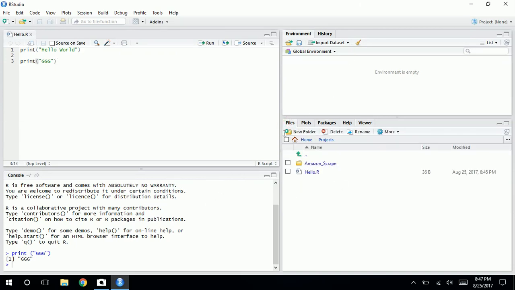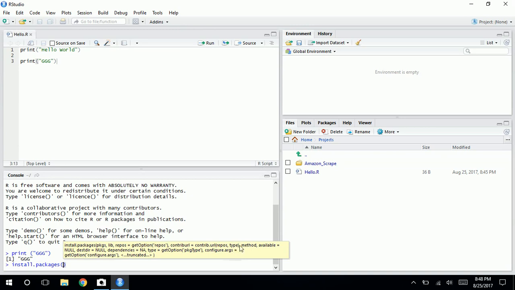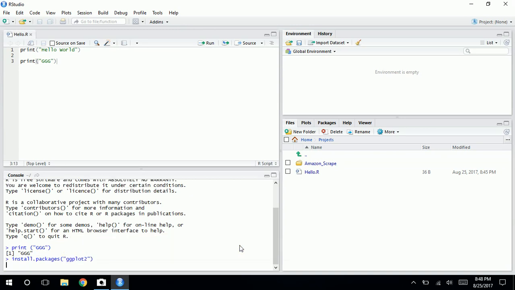So if you want to install a package, let's say we want to install ggplot. Now ggplot2 is the package name that you're going to install, and there is a function called install.packages. If you type it out, you can see it's already pre-populated. If you hit tab, then it's going to install, and make sure you put your package name in quotations. So ggplot2, hit enter,